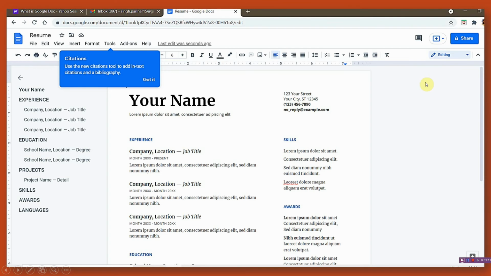So to have a Google Doc or to use a particular Google Doc, you just need an account. With this account you can use a ready-made template. There are various templates available on the Google Doc. You can select on the basis of your requirement. So I have selected the resume template, and this is how it looks. You can edit them, and you can fill in your information about yourself, and you can create a good resume to attract your employer with your skills. So this is how a Google Doc looks.